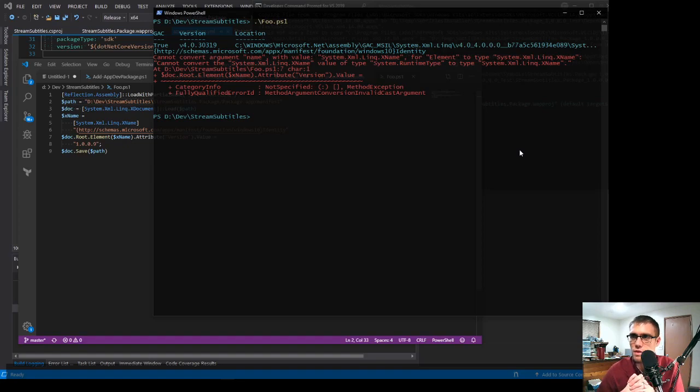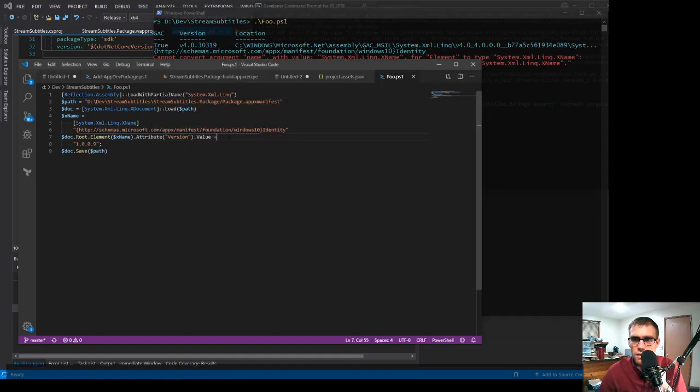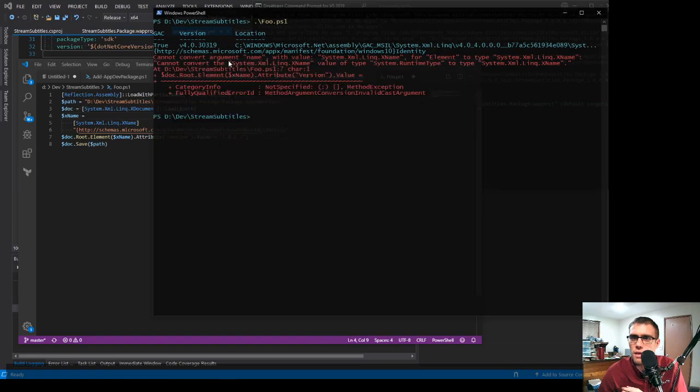Okay, so this is the same failure. So, cannot, let's see. Cannot convert argument name with value type for element to, is this something like